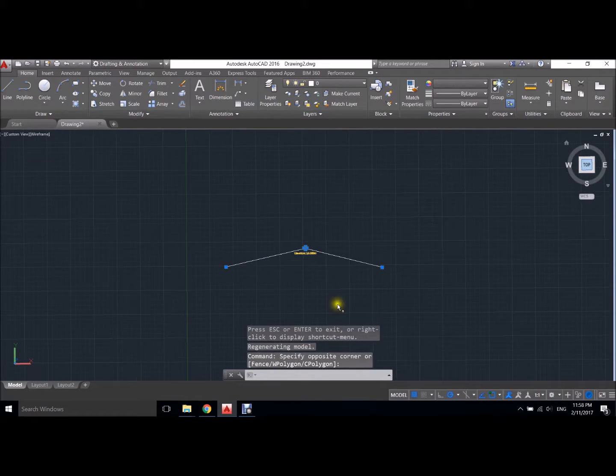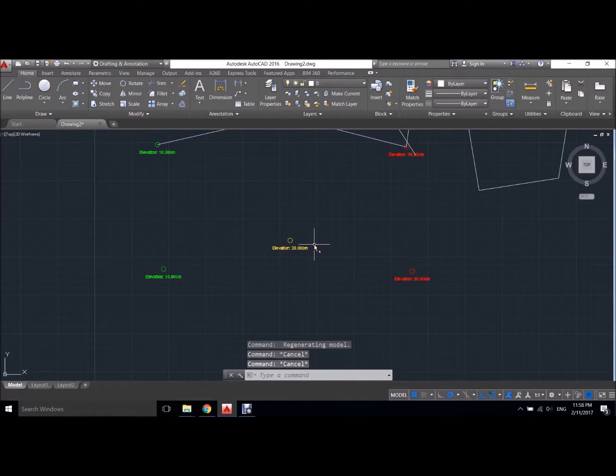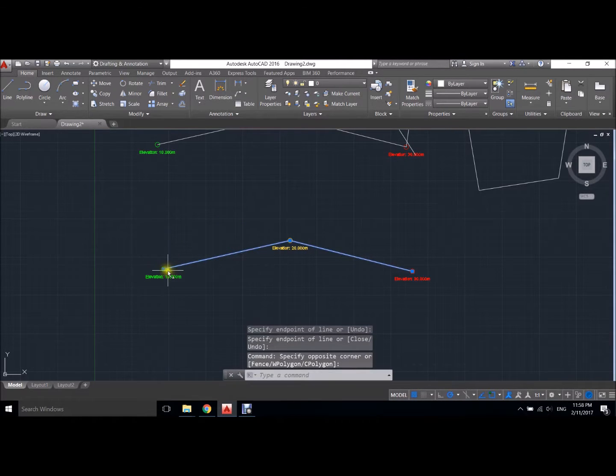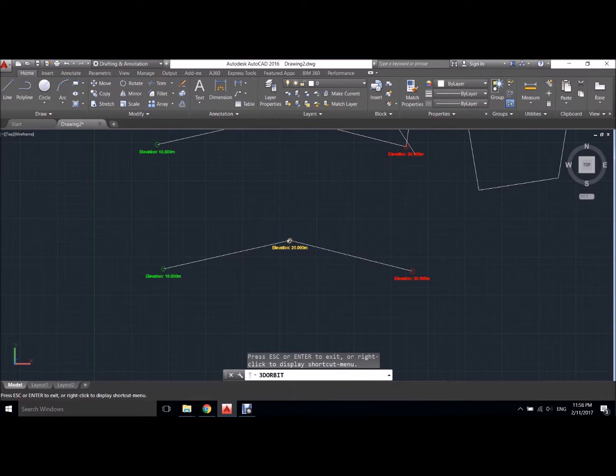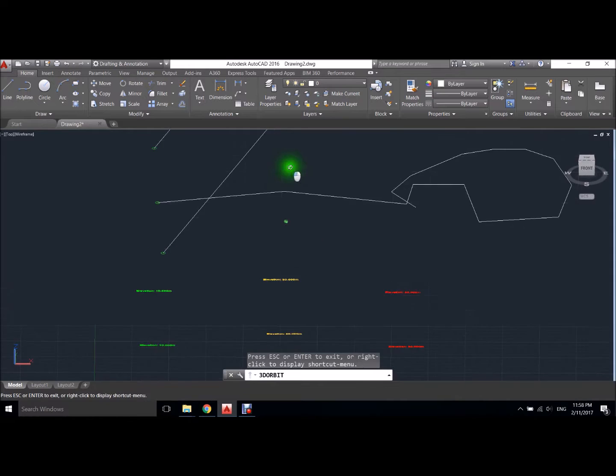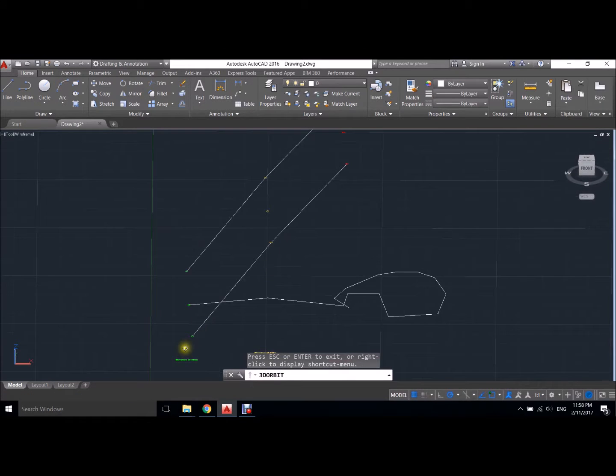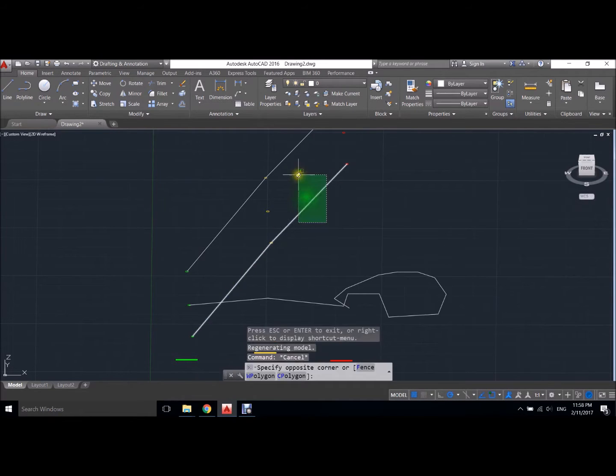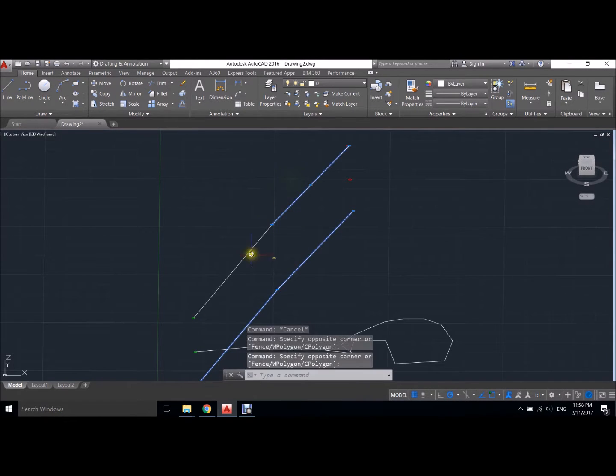And the last type of line is 3D poly, enter. And if I connect them, the points of the elevation 10, 20, and 30, again, they are connected. And if I do 3D orbit and rotate it, it's actually connected, and it changes its elevations from point 1 to 2 to 3. It goes up just the same way as line, but the line